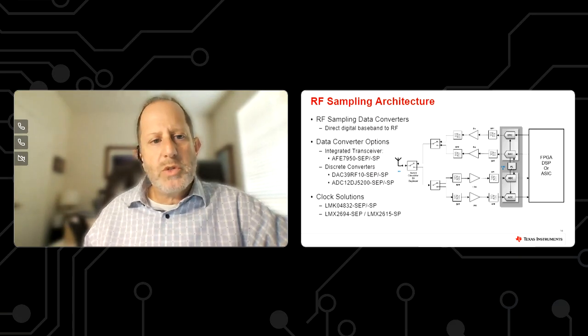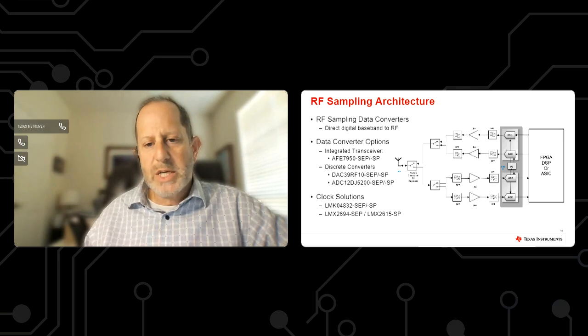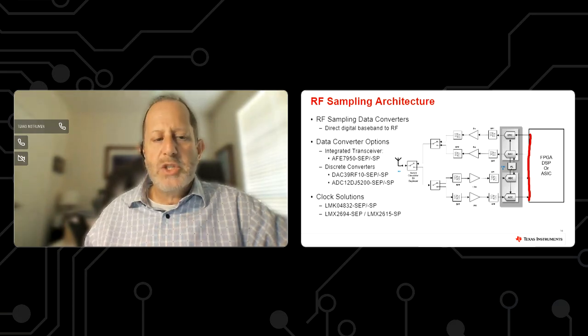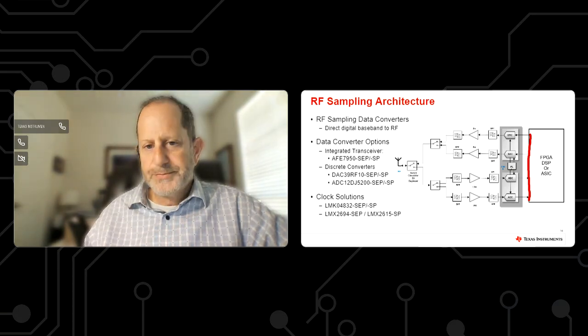So we'll introduce the RF sampling architecture. In the RF sampling architecture, we're coming in from digital baseband, let's say out of the FPGA front, and we're converting directly up into the RF space. So not the conventional architecture with an analog baseband converted with analog mixers. This is all happening with digital up and down converters inside these components, and then a high-speed DAC or ADC that is capable of outputting in the RF band directly.